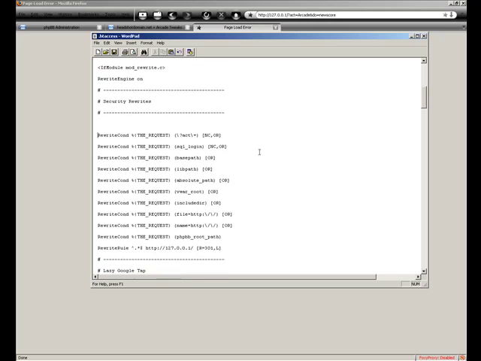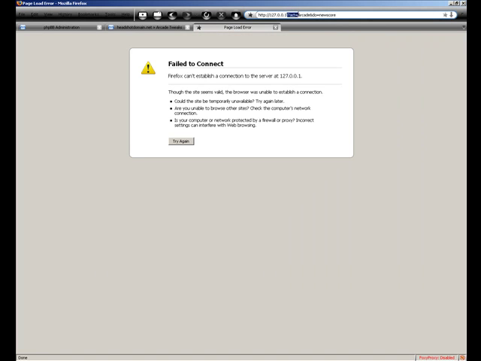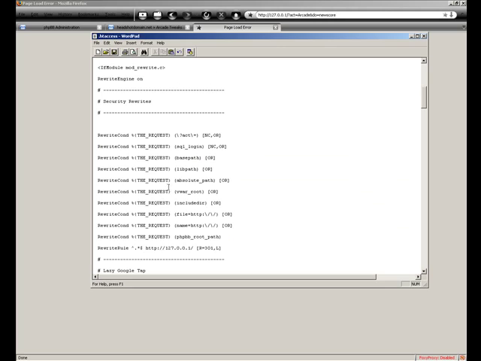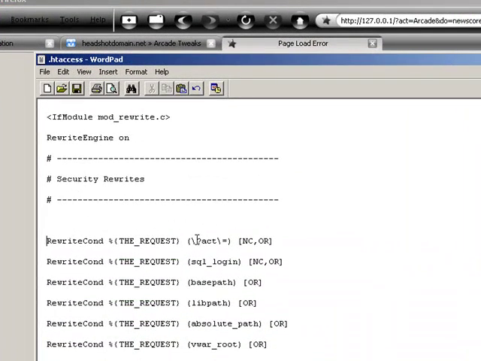Well, one of them is right here. It says rewrite condition. If you notice, right here, we're trying to reference this, that little bit of code that I have highlighted right there. Well, if we come back to the HT access, you'll notice they have that blocked right here, that little bit of code right there. So, in turn, their little code right here is saying, nope, can't happen. So, an easy fix around it